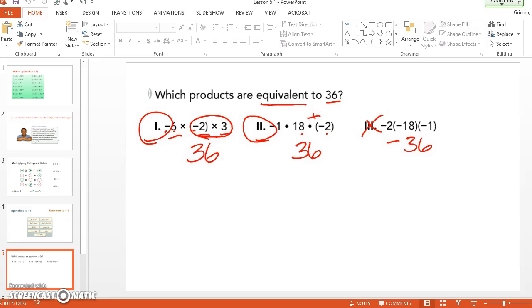All right, so you guys are going to go over to Brightspace, and there's an activity in Brightspace that says in-class